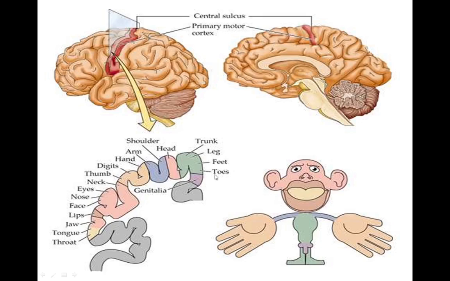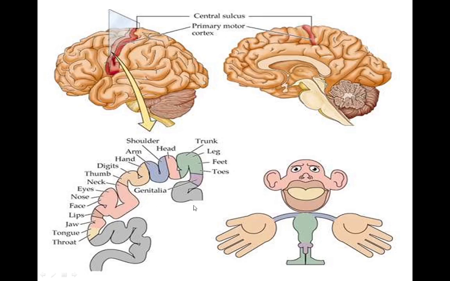Okay, so you'll find that over the primary motor cortex, on the lateral side, the lowest part of the lateral side, you'll find these parts of the body that are represented. That means are innervated: tongue, jaw, lips, face, and you find that the lip, the face area, the head area as a whole has a very large representation. Okay, very large.